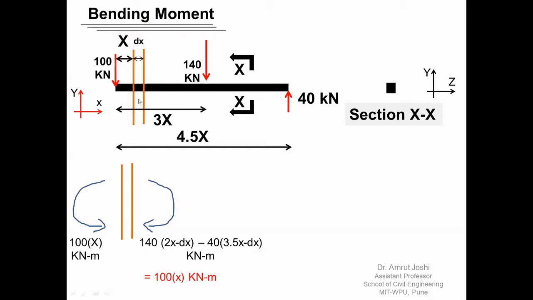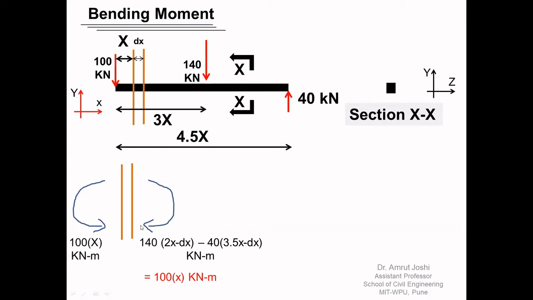As they lie in the xy plane, we can say that any moment that lies in the plane perpendicular to the plane of cross section is going to be termed as bending moment. Let me repeat. Any moment that lies in the plane perpendicular to the plane of cross section is going to be bending moment. So you can see that this pair of moments lie in the plane perpendicular to the plane of cross section. Plane of cross section is YZ plane. These moments lie in XY plane. Therefore, by definition, we call them bending moment.